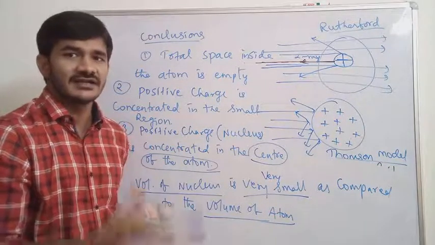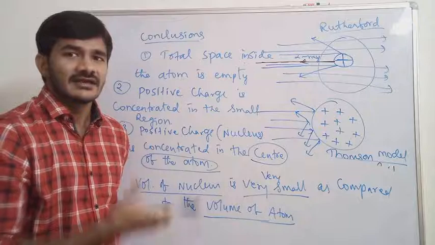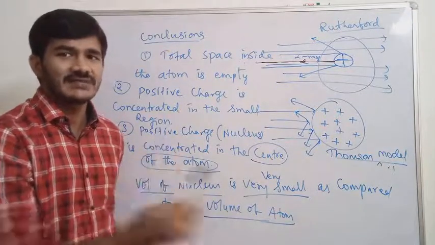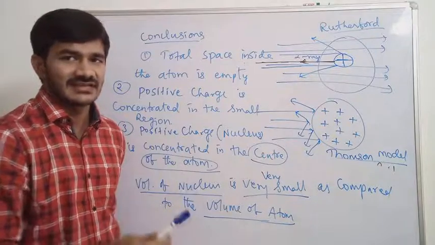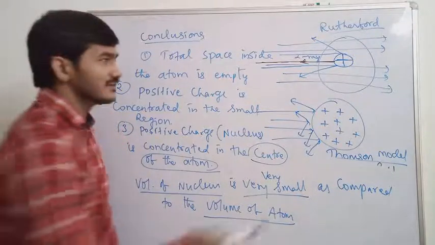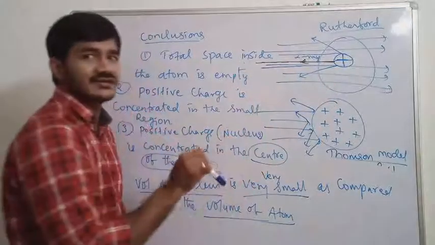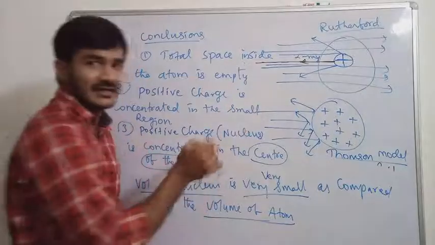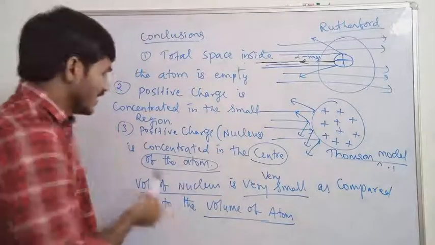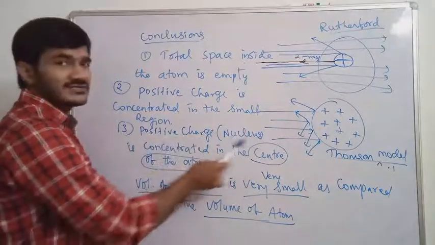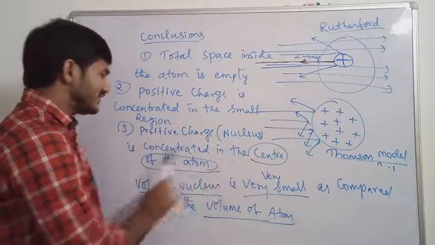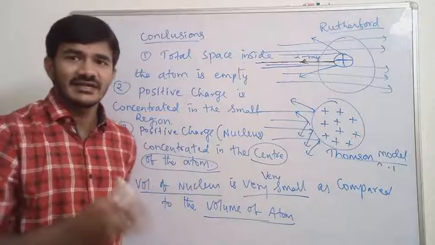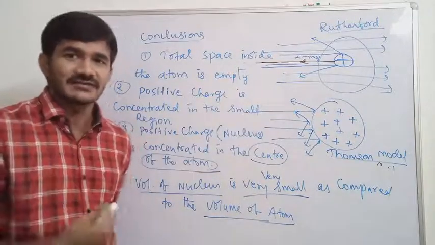That is, a few rays have some deflections. They are not passing straight through the foil, they are deviating at certain angles. When the positive charge is there in the atom, the rays can hit near it and deviate at certain angles. And the last one is that the positive charge, called the nucleus, is concentrated in the center of the atom. Only when it is present in the center can a ray bounce back along its path.